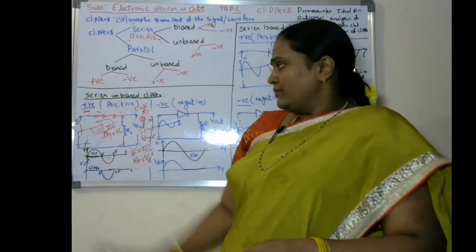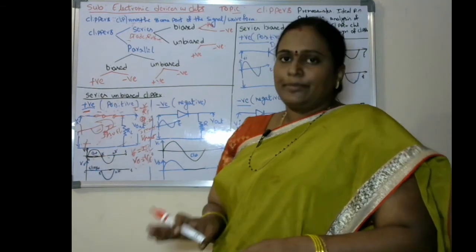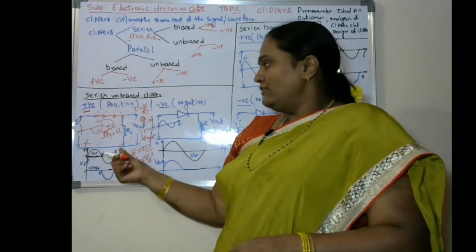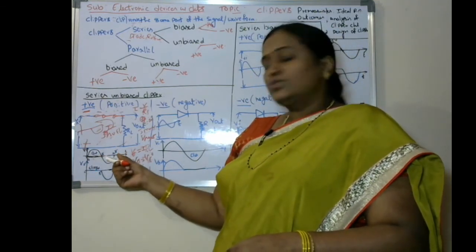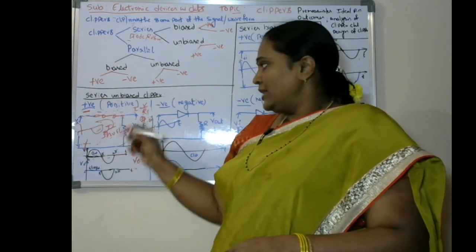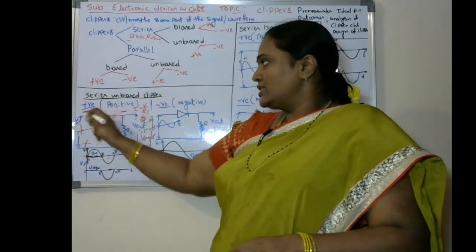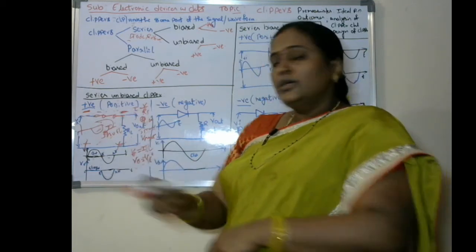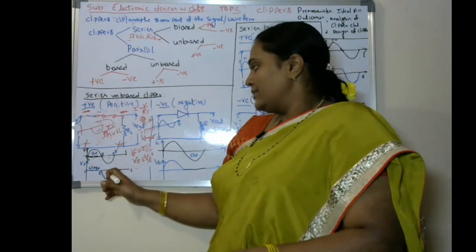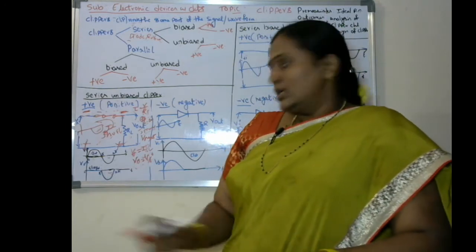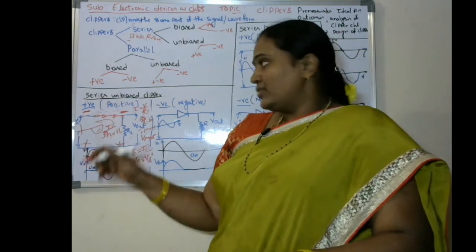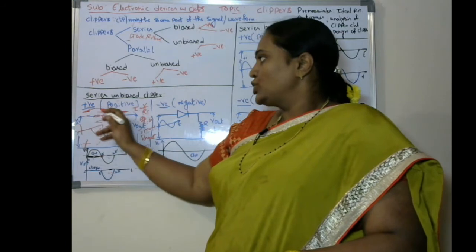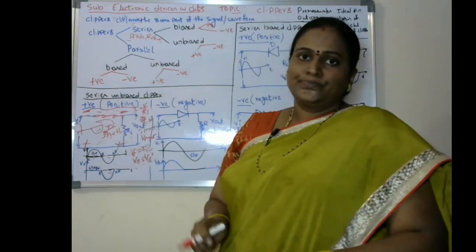If you observe, the positive signal has been clipped off, removed, and we are able to get whatever negative signal is there. The same negative signal, the negative voltage, is there. So with negative and positive, we are going to get negative output. So the negative signal is going to be present. I am getting negative output voltage. So it is clipping only the positive. That's why it will be called a positive clipper.